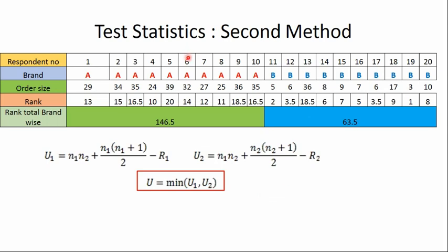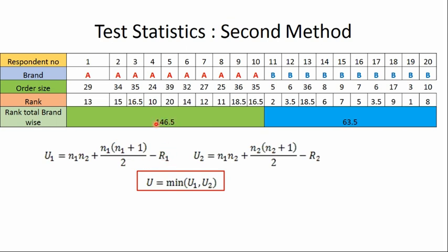Test statistic, the second method, which we read in UG and PG classes. Same statement: respondent number, brand A, brand B, order size, same process, rank. This is the total of ranks, brand-wise: 146.5 for brand A and 63.5 for brand B. U1 is equal to N1 into N2 plus N1 into N1 plus 1 divided by 2 minus R1.